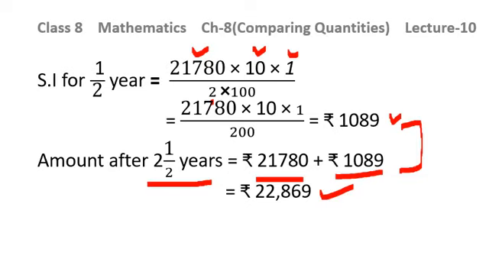So this is your first part, when time can be given to you as 2.5 years, it can be 1.5 years, it can be 3.5 years likewise. Here in this case, as you must have seen, you have calculated the amount for 2 years, and then this amount will be the principal for the next half year, and then you need to take the total amount, and then CI formula, we know, is amount minus principal. You can calculate the compound interest.